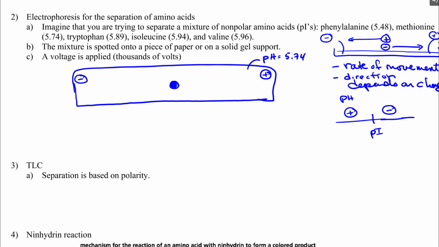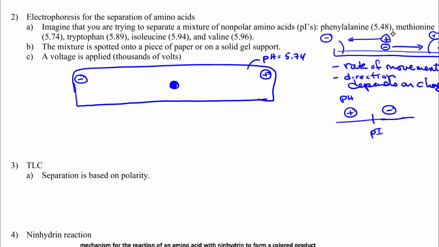If you're at your PI, that's the only time you're exactly zero. So I put this voltage on, and I let the amino acids move according to their voltage in this sort of electrophoretic gel. So in the gel, okay, right? So now,